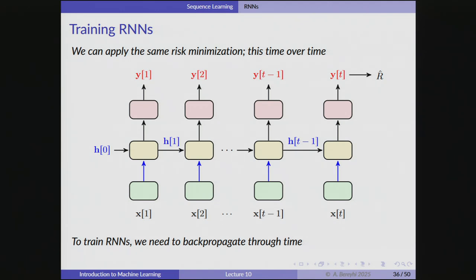Now, let's think about the very last one here. If you want to do backpropagation, you're going to use the chain rule. And when you use the chain rule, you start with computing the partial derivative of R hat with respect to the output, and then you start to come down, right? So you get from the output down to the hidden features, right? But now when you get to the hidden features